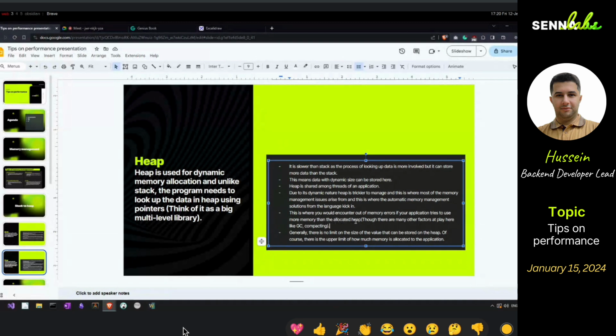It's done by the programming language or manually. For example, if you have a manual memory management style, you will do the allocation by yourself. The heap is shared among threads. So the data that has dynamic size, that you just don't know when you compile the code, will be on the heap,